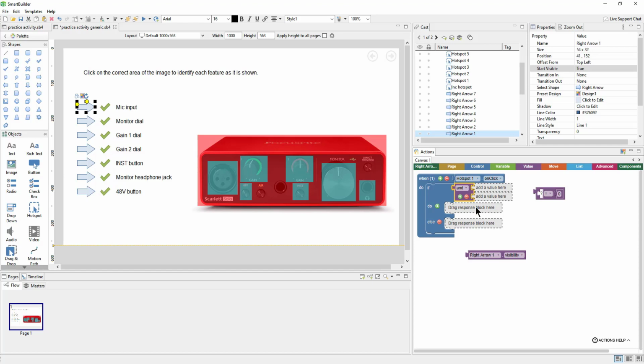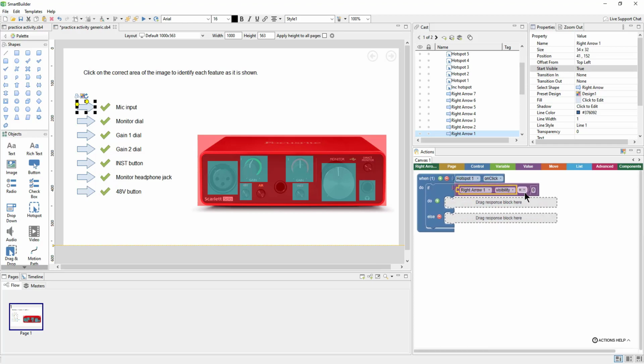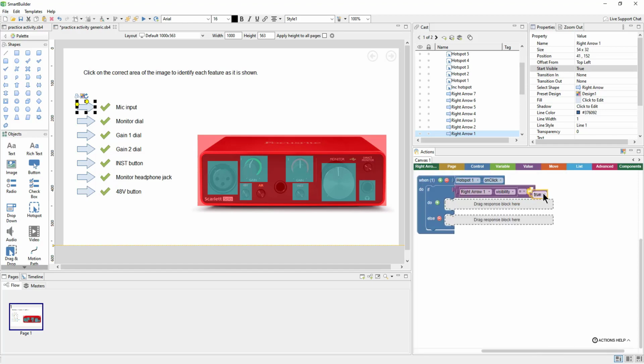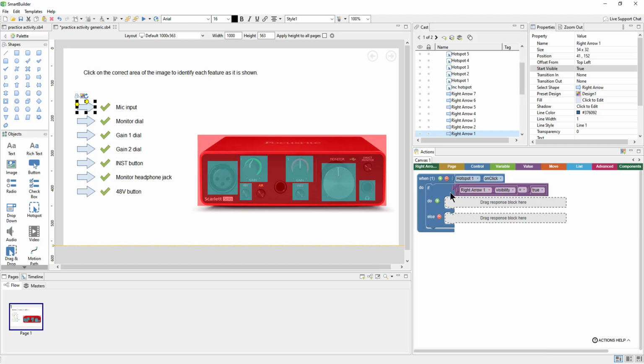So I actually don't need this and. I only care about the visibility. So we'll remove that. We'll put this back in. We'll check for the visibility, and we'll see if that equals true. So go to value, grab a true block. There we go. Okay, so now when this hotspot is clicked, if this arrow 1 is visible, then we want